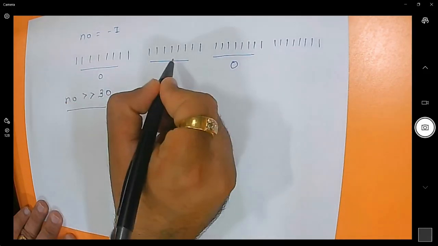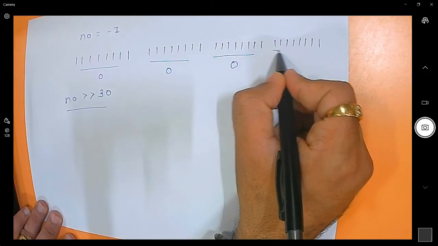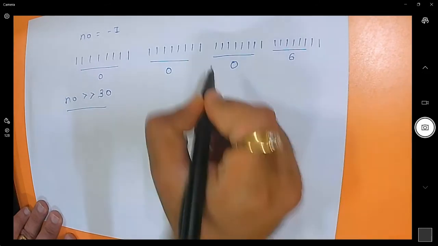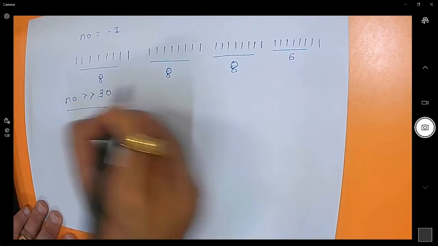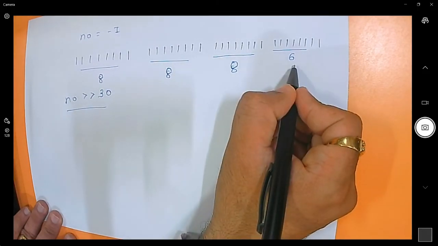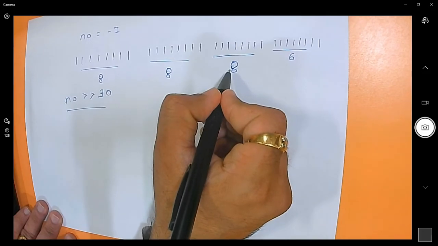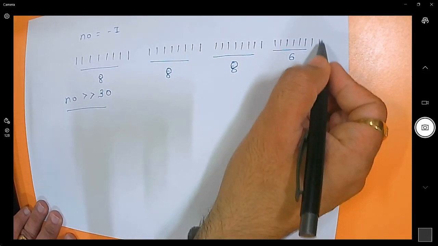It means 8 plus 8, 16 plus 8, 24 plus 6, it means 30 bits. So this 8 bits will be 0, this 8 bits will be 0, this 8 bits will be 0, this 6 bits will be 0. So the value will be 1 and 2.